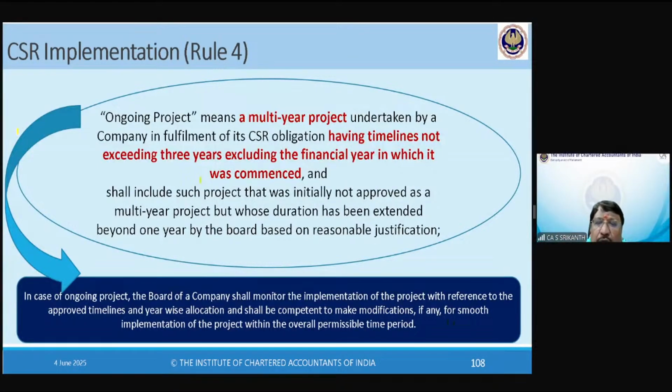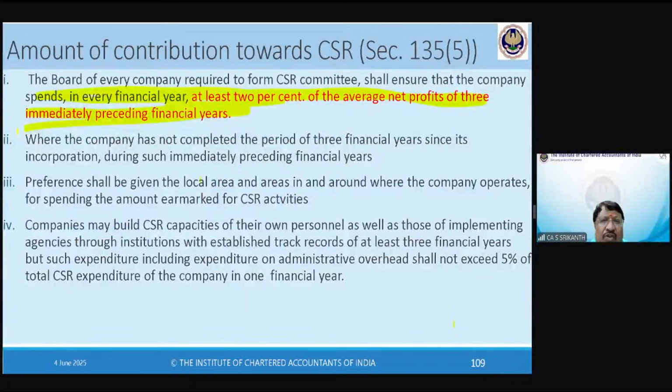Okay. In the case of an ongoing project, the board should monitor the implementation of the project with reference to the approved timeline. So what we did, we gave the duration. First ground floor, first floor, 2 floors, complete finishing. So we needed 3 years. We wanted 2, but it became 3, with a spillover of another 3 months. So we took money that way. The total project was 59 lakhs hardly. They gave 25 lakhs. We raised 25 lakhs through fundraising. So that's why I'm saying CSR is very good.